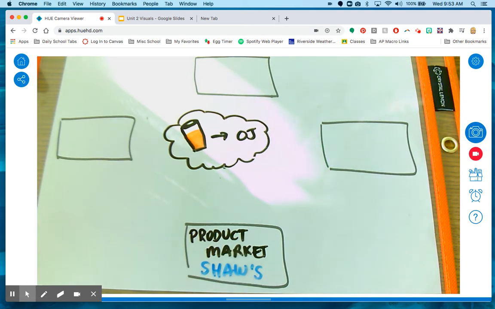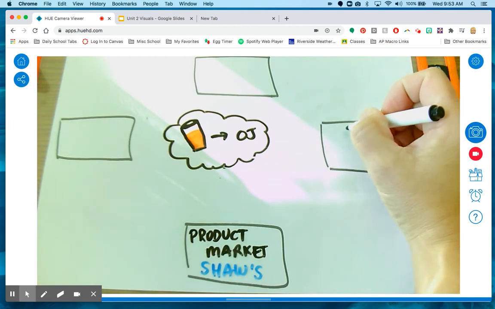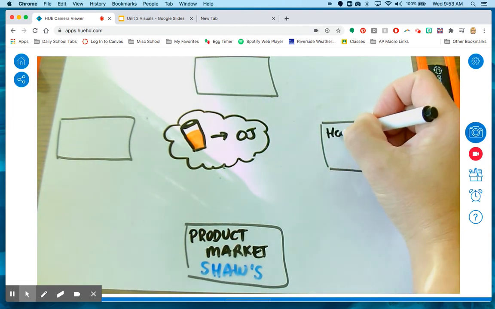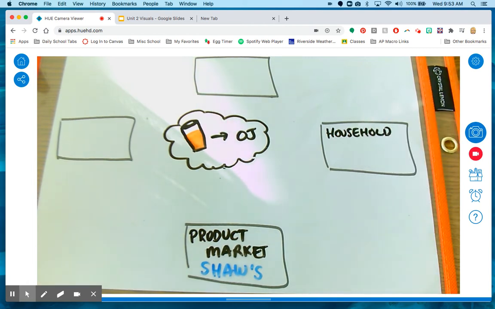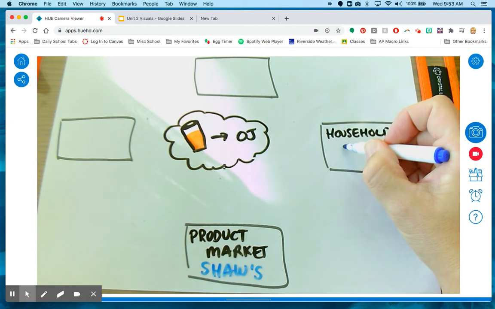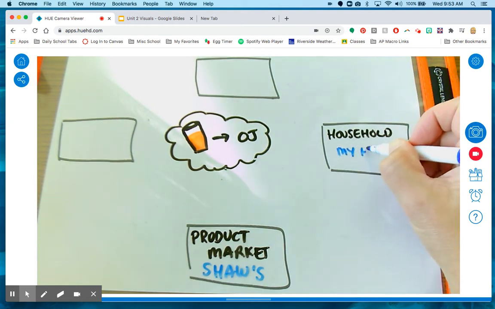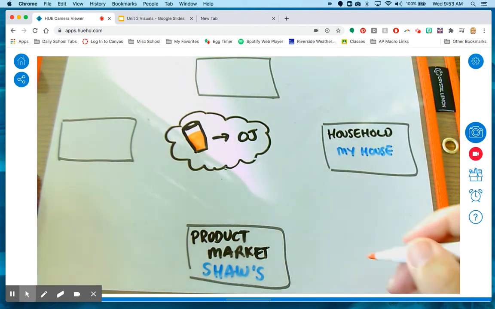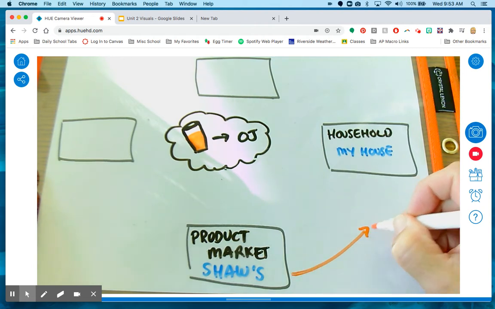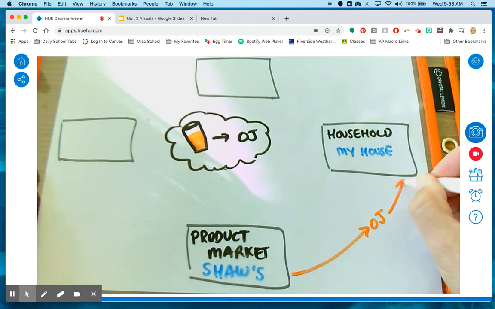Who is going to purchase this orange juice? Well, we're going to pretend it's us. So we're just going to put the household over here. And this is the technical name for the household, but we are the people that are buying it. So I'm going to say my house right here. Okay. So in order to purchase that orange juice, hopefully legally, that orange juice made its way to my house